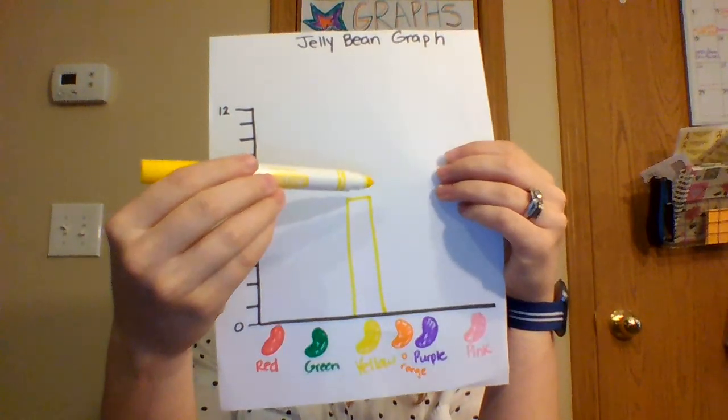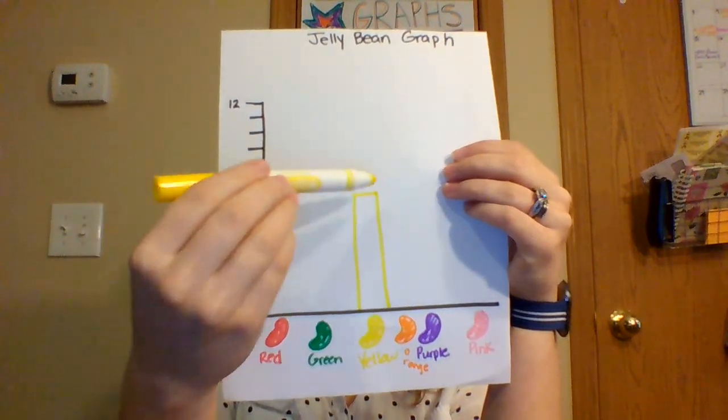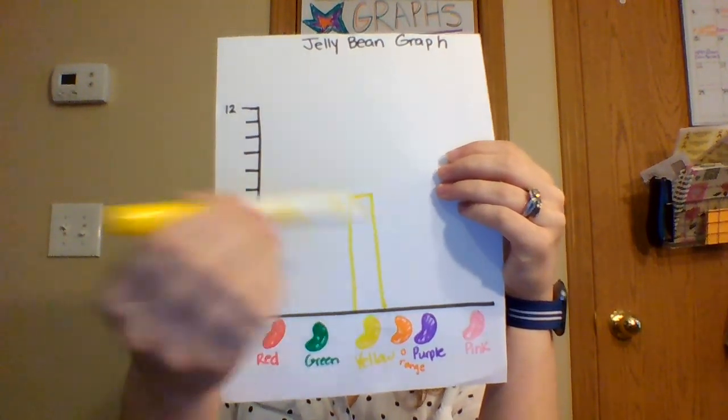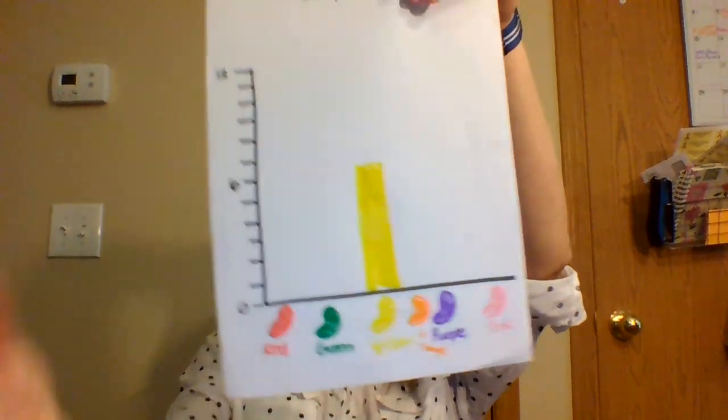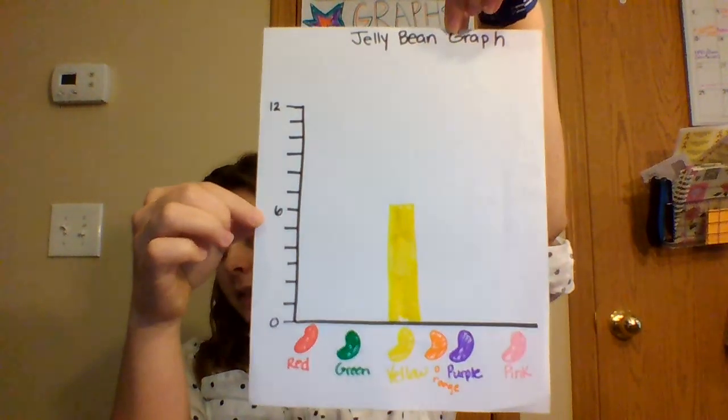And for me, the easiest way to do it is to draw a line as even as you can with 6, and then draw your lines down first before you color it in, just so we can get it as accurate or as close to correct as possible. So then you just color that in. Okay, so there's my yellow. I had 6. And now would be a good time to label those lines if you didn't already. It's 6. So I put my yellow bar and then I labeled my data section of the graph with